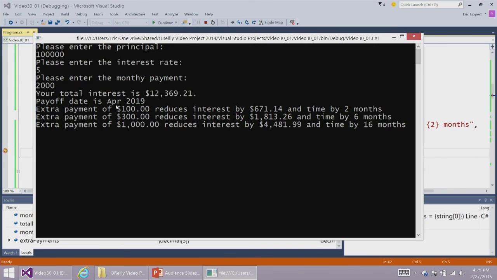The payoff date is April 2019, right? So 50 months from now. And you'll notice again that this is formatted as I said I wanted it. I wanted a short month followed by the year. And then we have these 3 options here. An extra payment of $100, again, formatted as a currency with 2 decimal places,